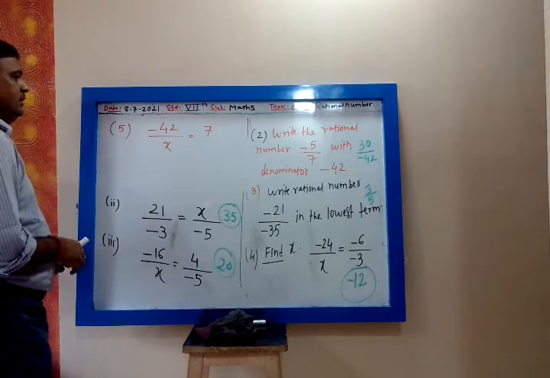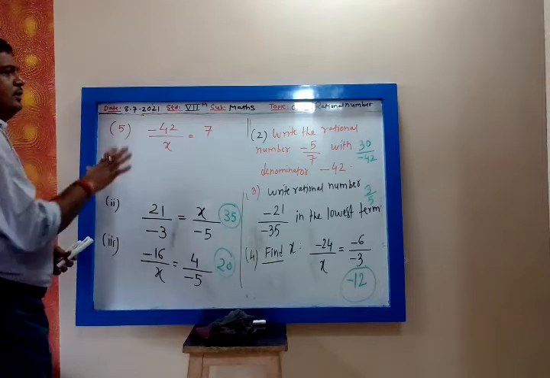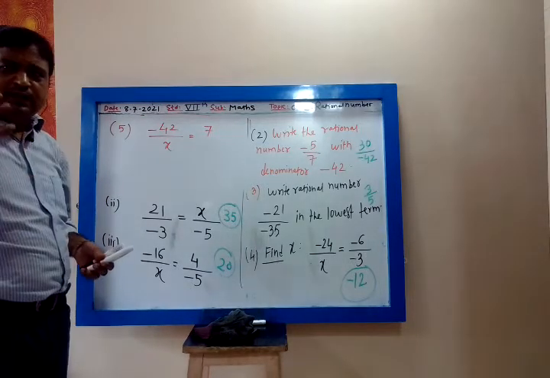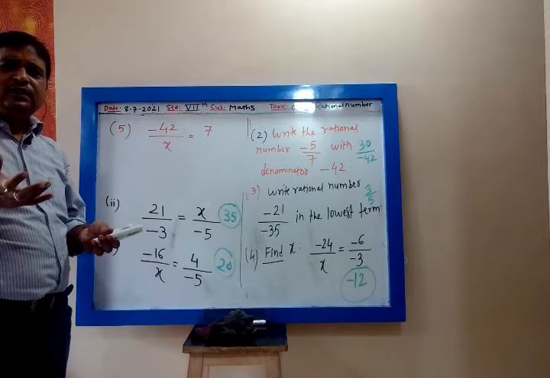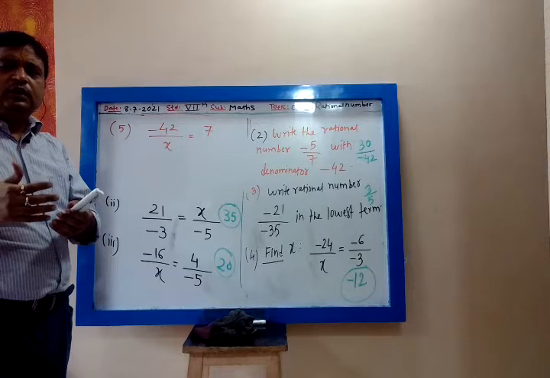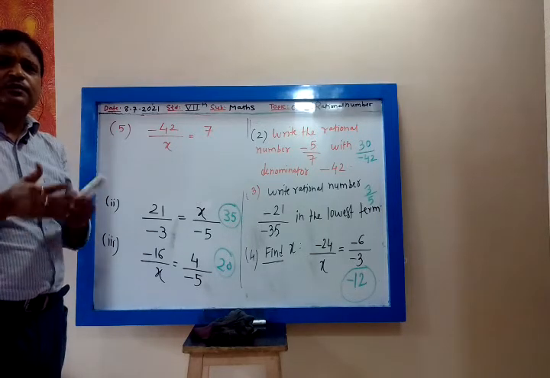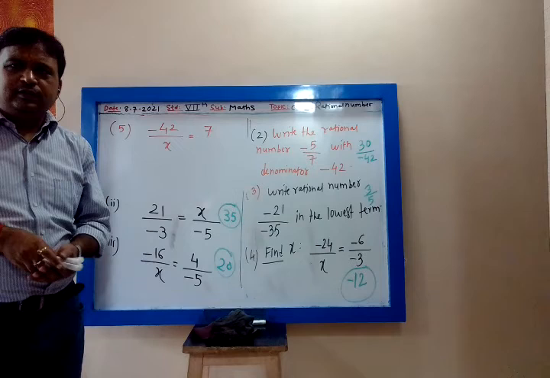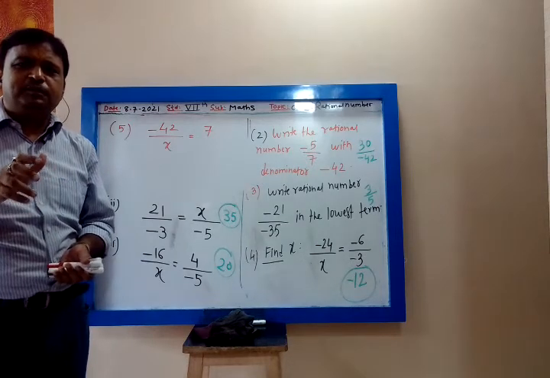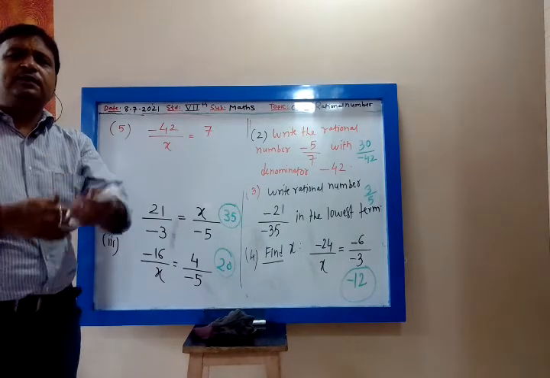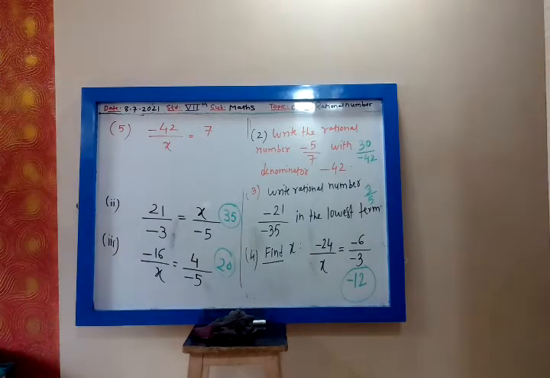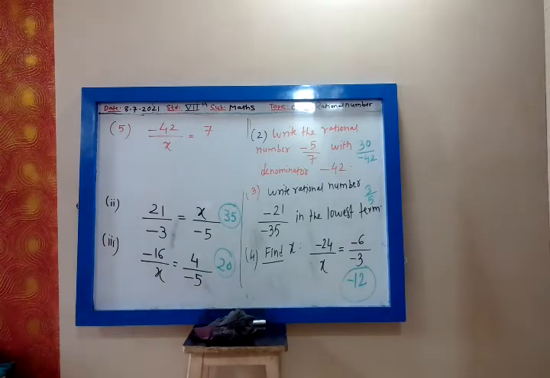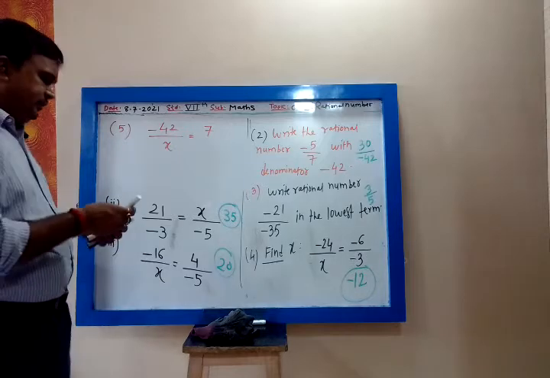Wrong answer, 6. How 6, my dear? You are not bothering about the sign plus minus. You are only thinking about cancellation. But you must take the sign. Yesterday we saw that depositing 1500 rupees in the bank account means plus 1500, and withdrawing 1500 rupees means minus 1500. So minus and plus have value in mathematics. Consider the sign also. What is the answer? Minus 6. Yes, minus 6 is absolutely correct.